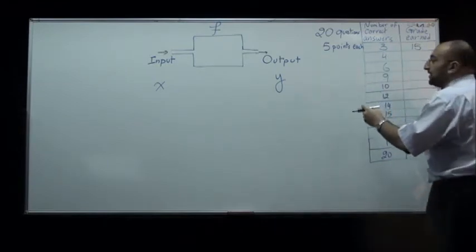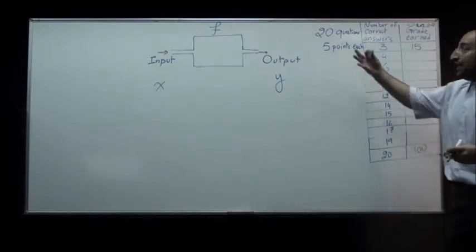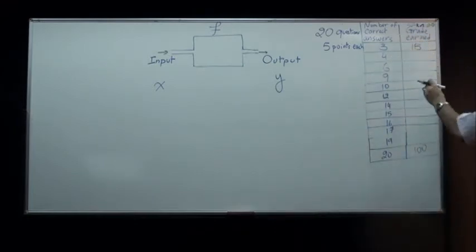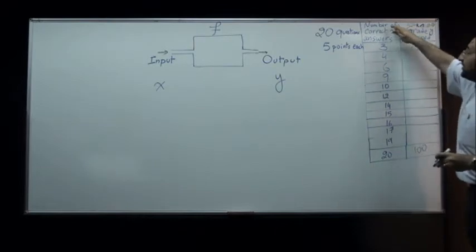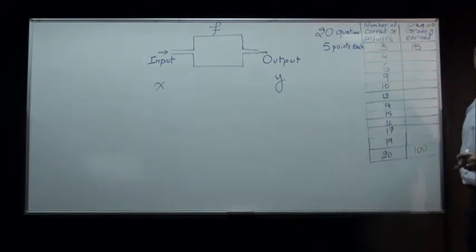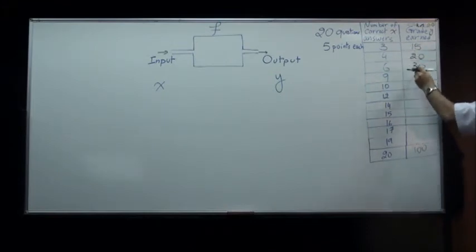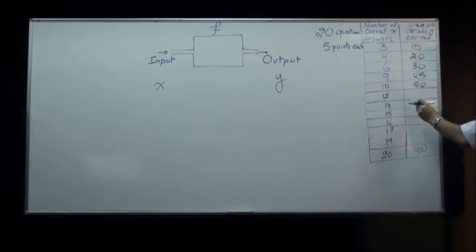Or if I want to put this in the form of a relation, if x is the number of correct answers, so I'll label this as x, then the grade earned, y, is found by multiplying the number of correct answers by 5. And so 4 times 5 is 20, then 25, 30, and you continue filling in this table. Okay, now that we're done filling the table,